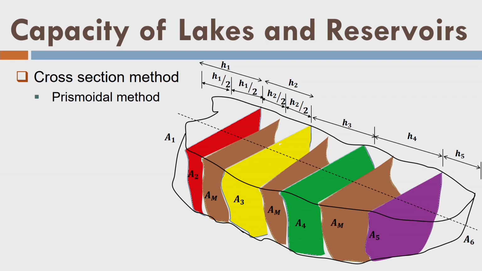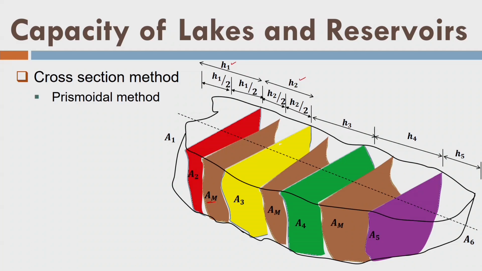In the cross section method, again we have the prismoidal method. The arrangement of sections is the same. So let us see, this is the H1 section which I measured in the field. This is the H2 section, which is nothing but the distance between A2 and A3 here, and this is AM here. AM means the middle area that I determined between A2 and A3 by some intersection scheme. The intersection could be an average or it could be some different value. That means it depends on your interpolation scheme.